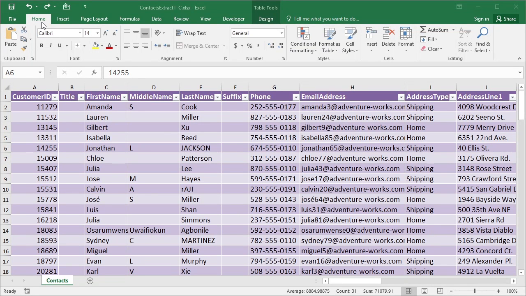Continuing with our table theme, we're going to make use of the contacts extract T-C, which is our table of contacts data, but in colour. And I've kept the banding in place, so we have two-tone purple. So we have a lightish purple, and then a lilac purple, and then a very dark purple with white text for the header. Now our next stage is to look at how we could add more columns and rows to